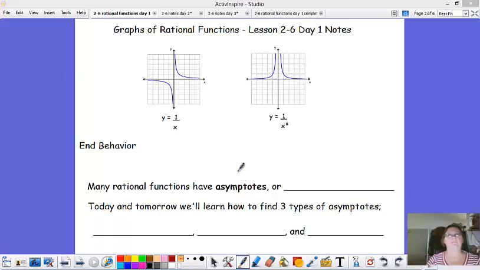Hi, welcome to the last section in this chapter. We're actually going to spend 3 days here, and this is the first of 3 lessons on graphing rational functions. And if you'll recall, rational has the word ratio in it. Ratio means fraction. So a rational function is one that has a variable in either the bottom or both the top